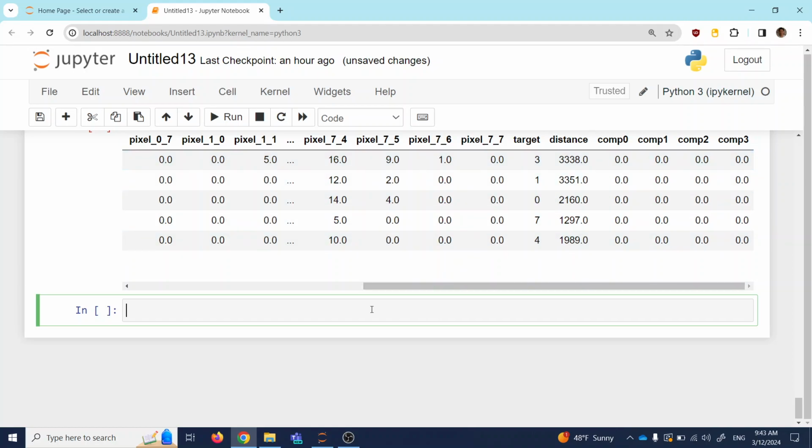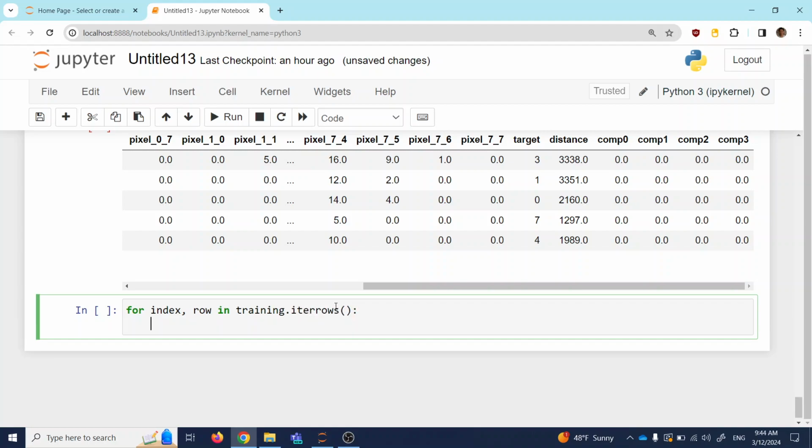So we're going to do a for loop: for index, row in training.iterrows(), x equals np.array of the training.loc[index, pixel